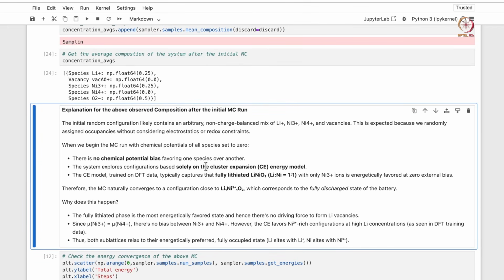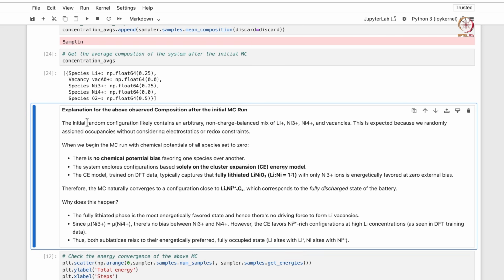Even though we initialized our Monte Carlo simulation with some random configuration, obviously that random configuration has no bias for any Li+, Ni3+ or Ni4+ and vacancy.